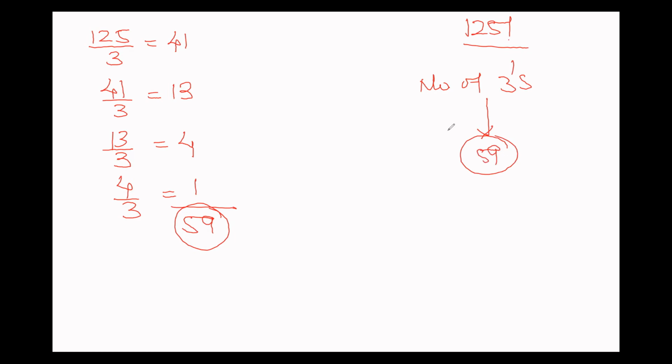So you must have understood this concept of IGP. When the factorial of any number is given to you and you are asked to find the number of a prime number in it, you can use the concept of index of greatest power. So let's solve one question based on this concept.